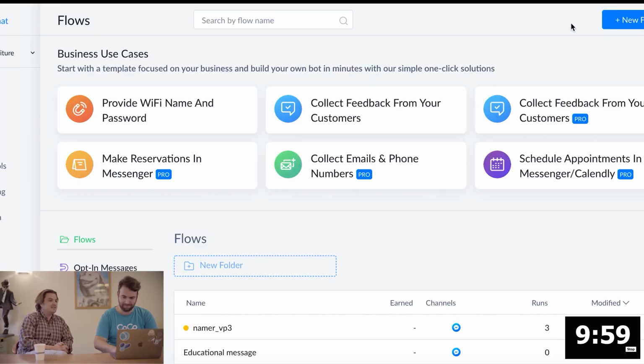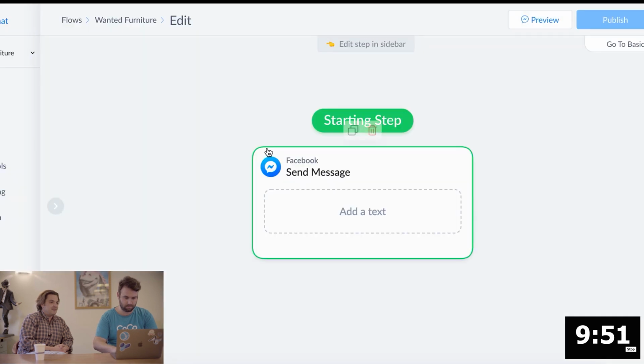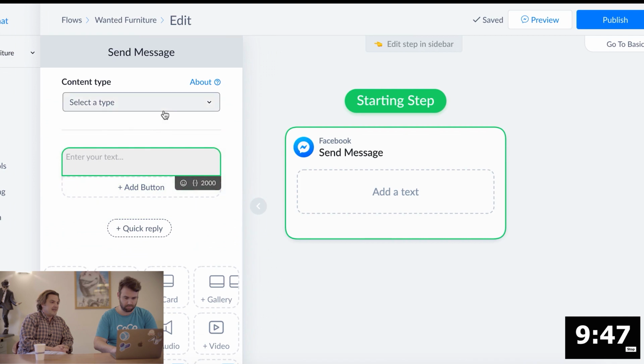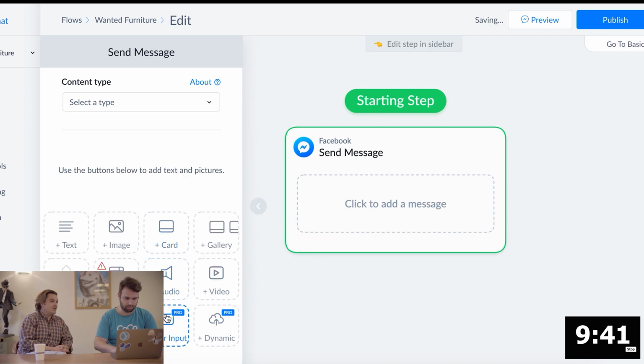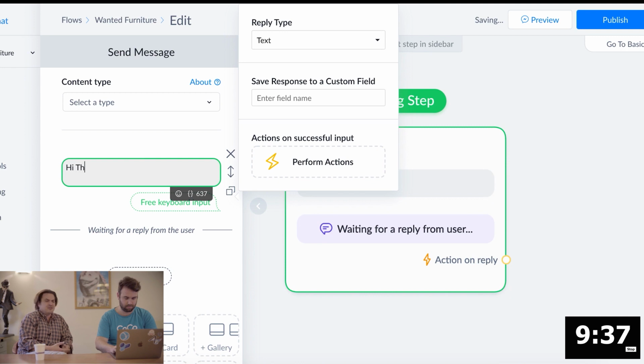And go, Victor. Go. Okay, so the first thing he's going to do is click on New Flow in the Manychat interface. He's going to create a new flow, and he's naming it Wanted Furniture, because that's the name of the shop. And he needs to start with a send message, some kind of greeting. You always got to start with a greeting, because you want to say hello to the user first thing. Sometimes you can say goodbye to the user first thing. It's a weird thing to say to the user, but,